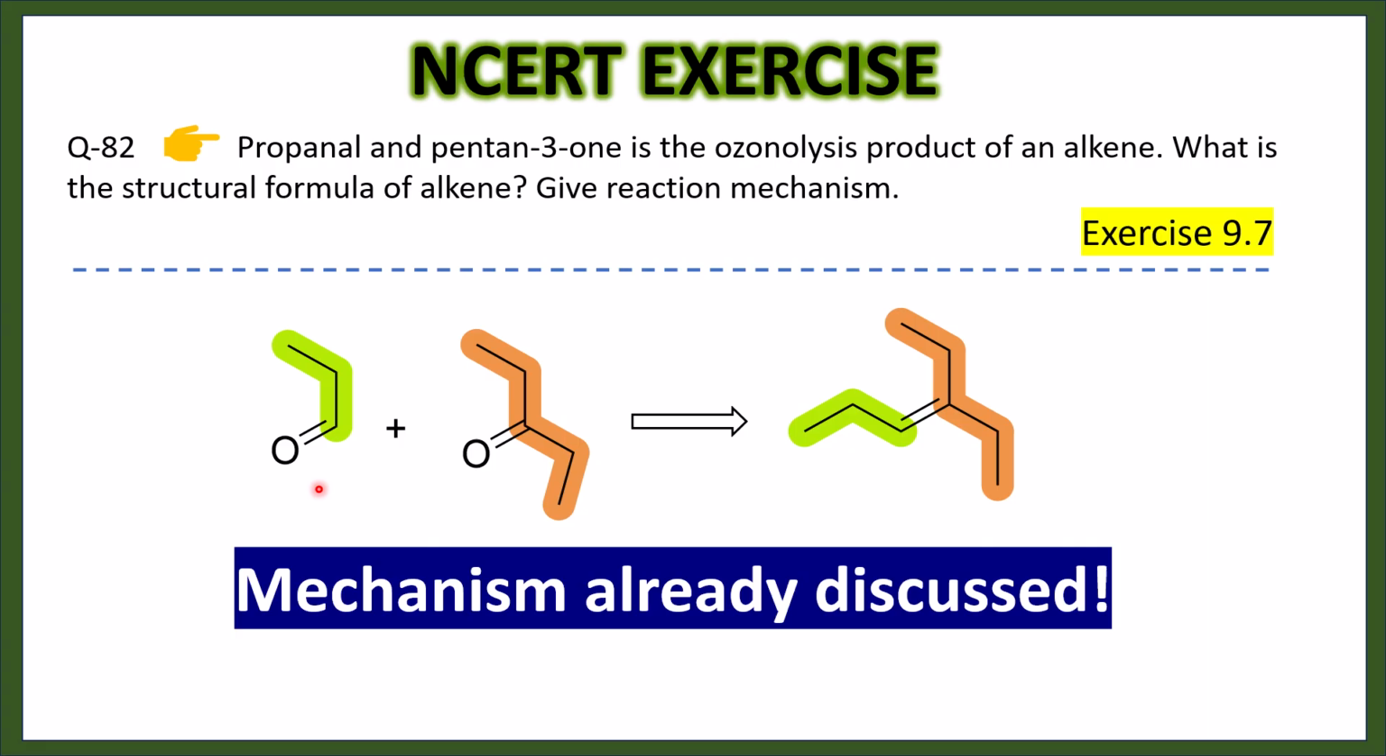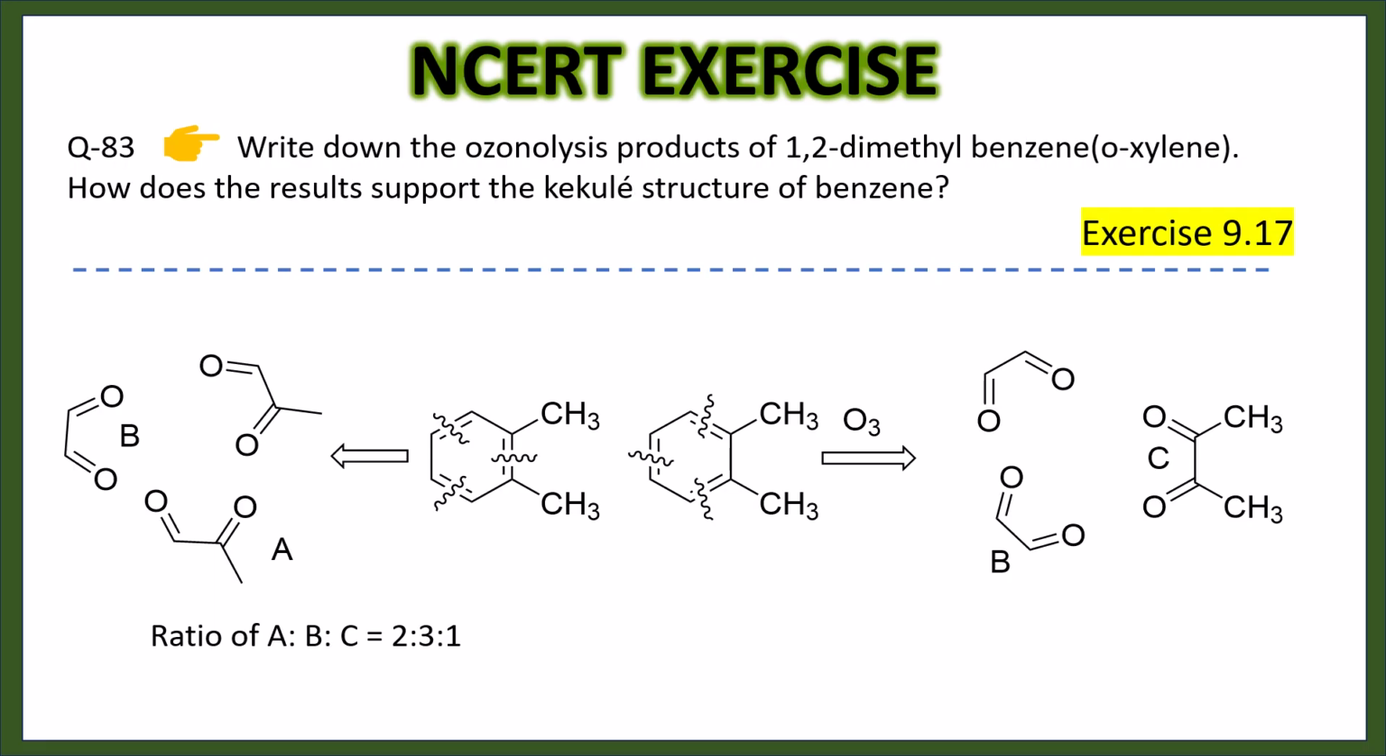If we combine these two products, then we can find this alkene. The mechanism of this ozonolysis we have already discussed. Now question number 83: write down the ozonolysis products of 1,2-dimethylbenzene, that is called ortho-xylene. How does the result support the Kekulé structure of benzene? If we do the ozonolysis of ortho-xylene, with the 2 methyl groups at the ortho, 1,2 positions,